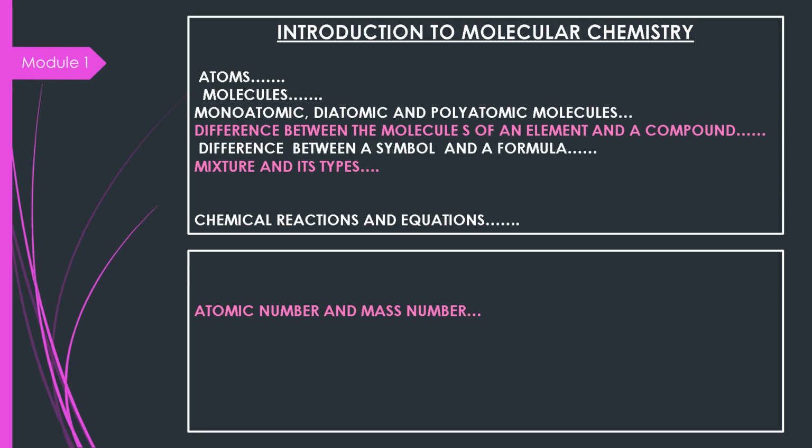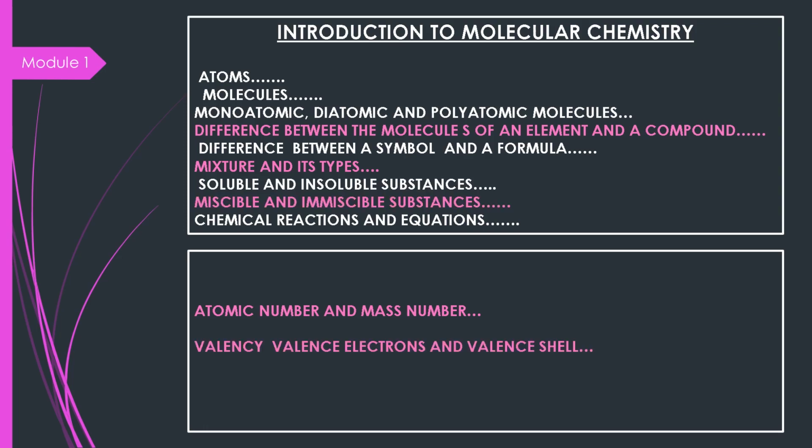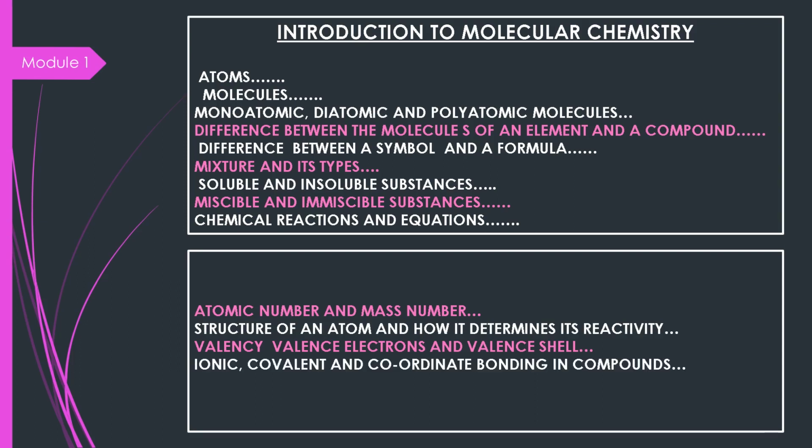Then we will discuss the difference between a symbol and a formula. Then we will also talk about soluble and insoluble substances, miscible and immiscible substances, and then after dealing with valency, valence electrons and valence shell and how the structure of an atom determines its reactivity, and when they react, how do they form ions, and which are the different types of bonding they form in the compounds like ionic, covalent, coordinate, and then why do we classify the elements as metals and non-metals, and what is so special about inert